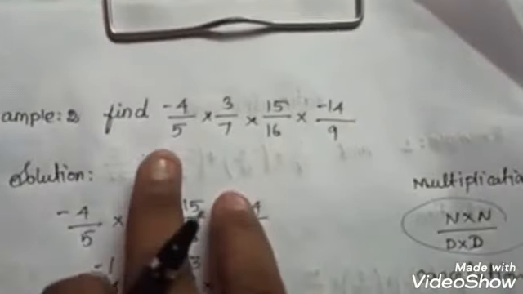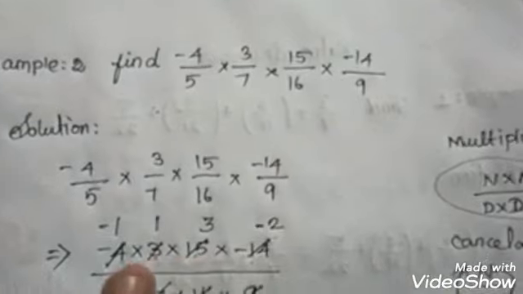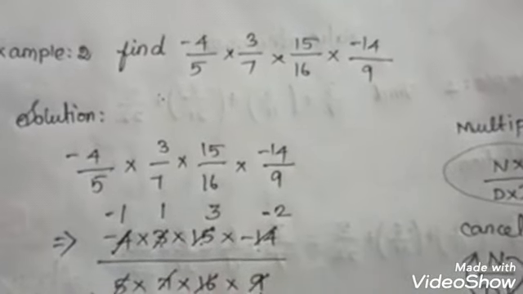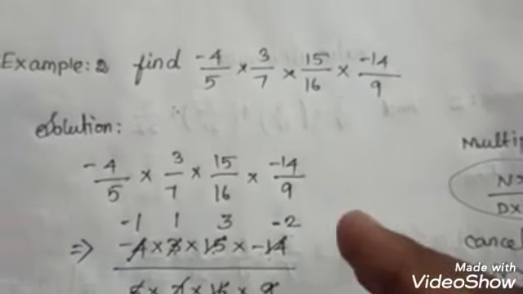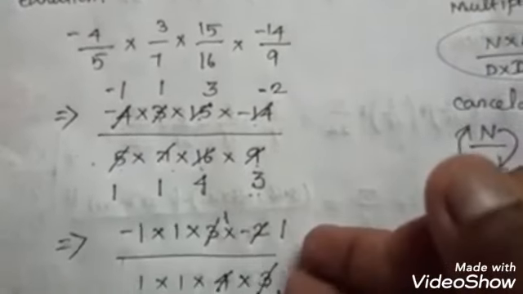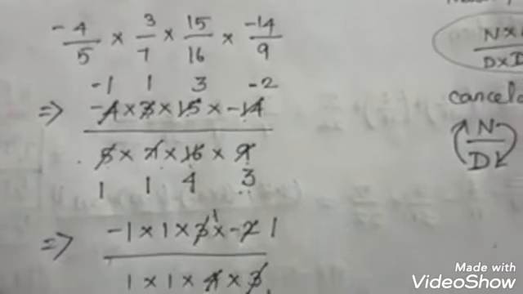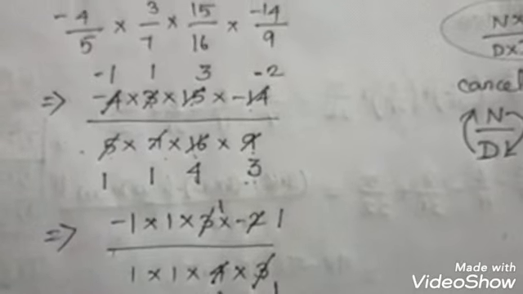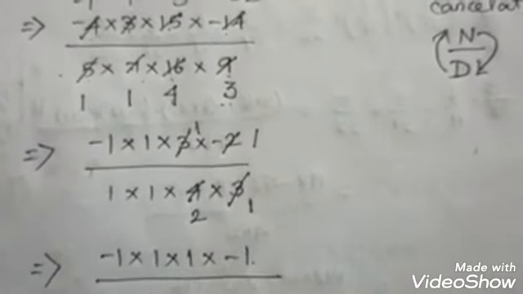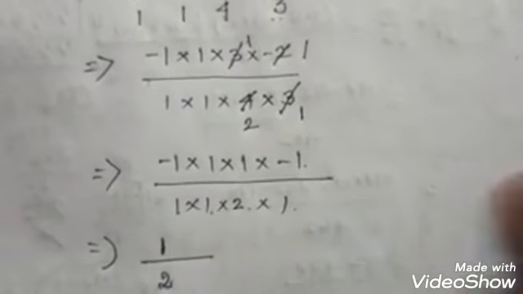Okay, I think you now know how to multiply rational numbers. Simply multiply all the numerators and all the denominators. Just compare numerator with denominator. If anything cancels, write the remaining portion. Again compare it. If all the numbers are 1, write everything. If it is impossible to simplify any more, write it, multiply and find the value. You get 1 by 2.